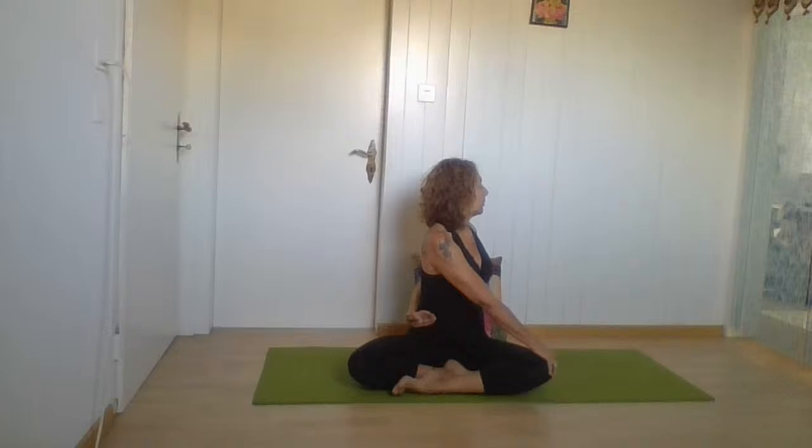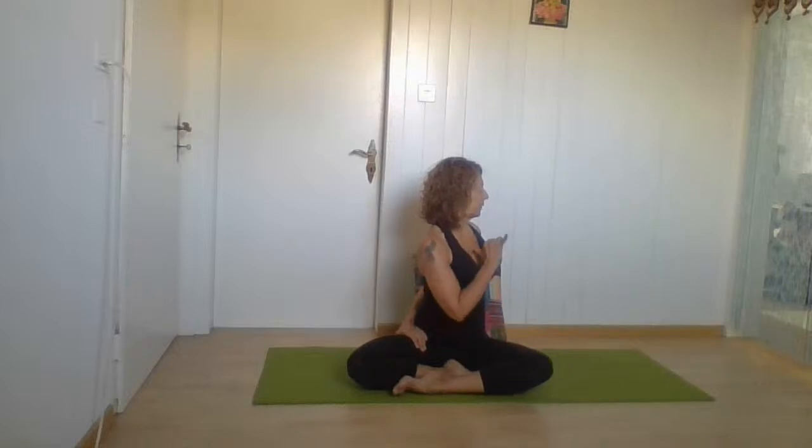Center, breathe in, look up. Don't force your head back. Breathe out. Rotate to one side. Let's say to the left. Now you bring your left hand behind you, or you might reach for the opposite hip. In any case, we're going down with the shoulders, up with the sternum, and we're not going up with the